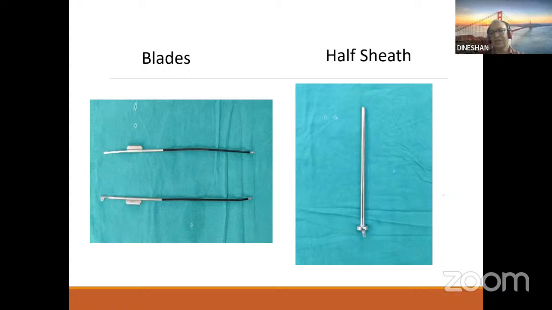The complication of internal urethrotomy is that if you don't do it in the 12 o'clock position, and it is slightly going by the side, you can injure the dorsal vessels, arteries and veins, and cause profuse bleeding. And sometimes if you simultaneously injure the corporal bodies, rarely the patient can develop a high flow priapism.